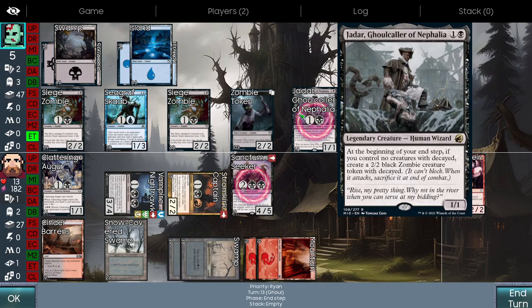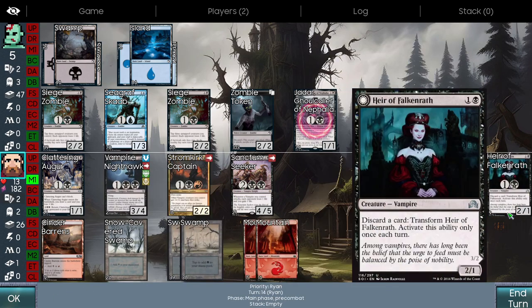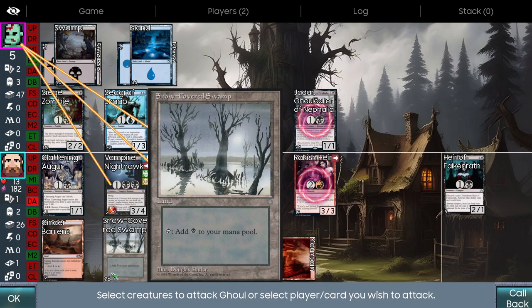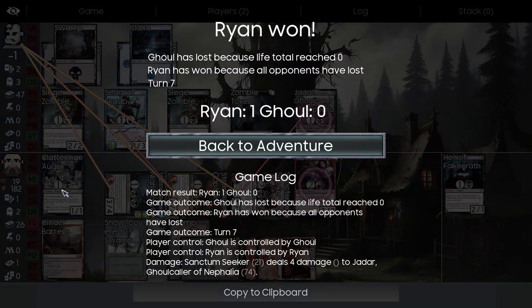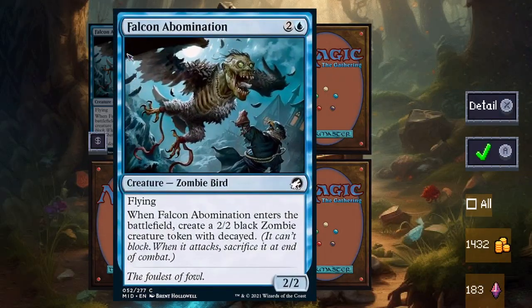Jadar. Jadar's cool. Makes a decayed zombie if you don't have one every turn. So you can use those decayed zombies for things. The skeleton doesn't seem to do a lot for us, but it's a free body. There's a lot of ways we can change up the deck to make use of a free body at the start of the game. Even just attacking for 1 early...